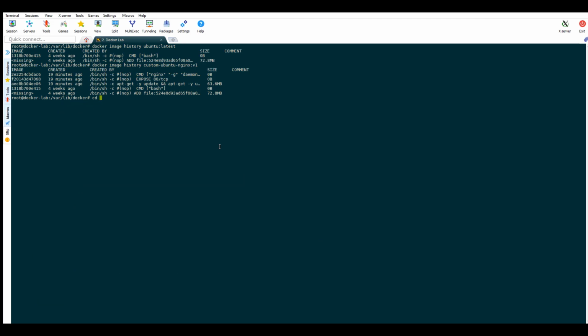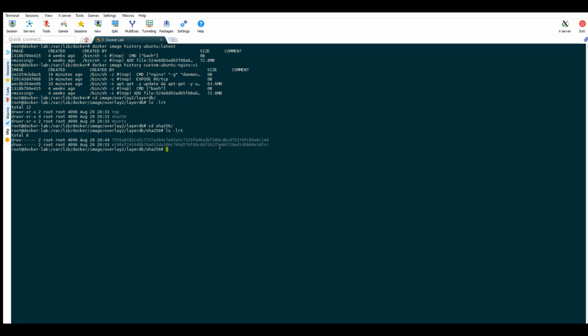We can check the layers that have been created in the file system by going to /var/lib/docker, then image, then overlay2, that is the driver name, and then layerdb. Here if we go to the SHA-256 directory, we will see these two directories created which contain the information of each layer.